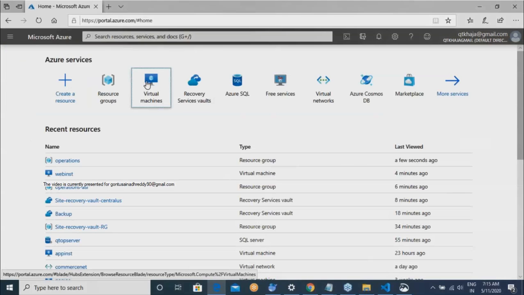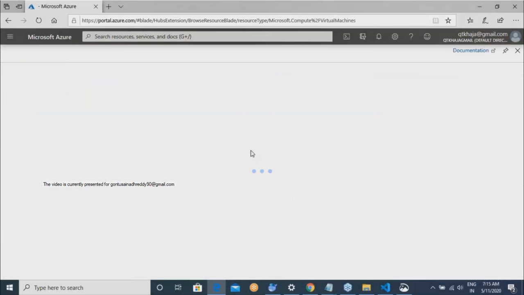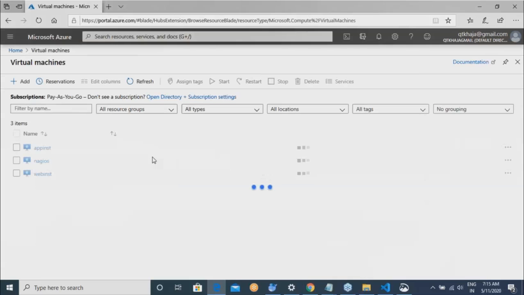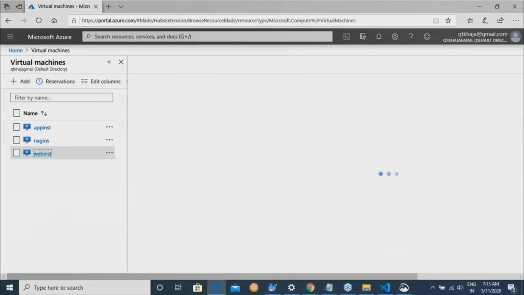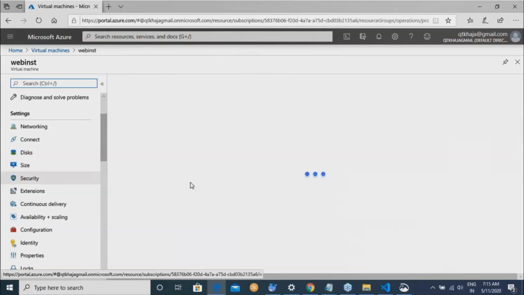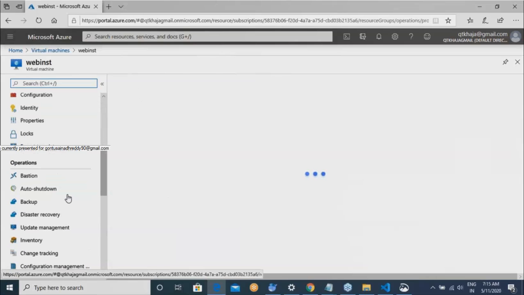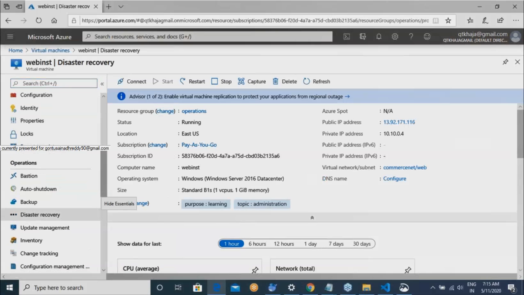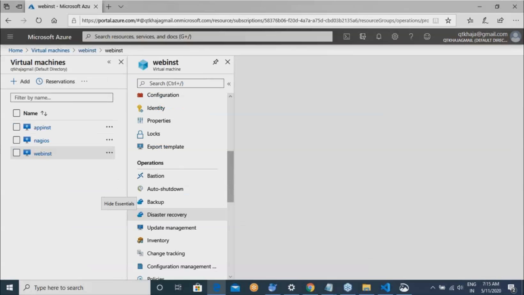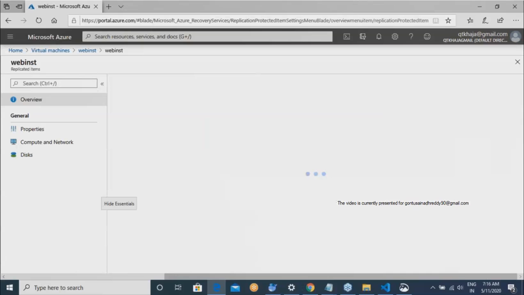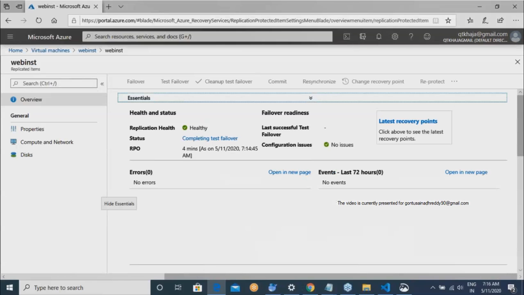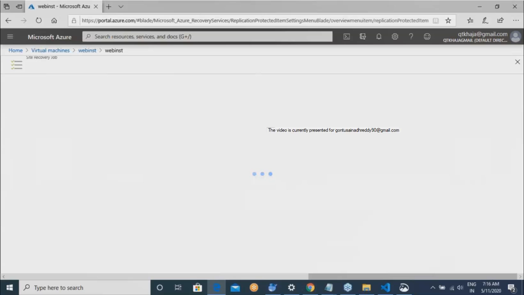Let me get into virtual machines. Let us see what status we get for web by NST in disaster recovery. I'm interested in only disaster recovery. Right now its status is completing test failover.